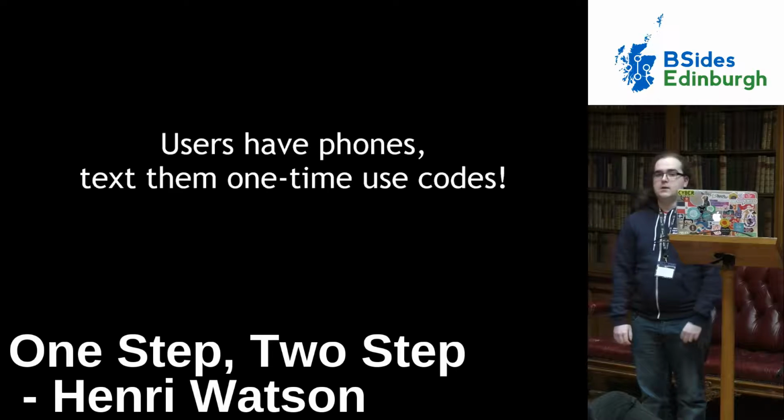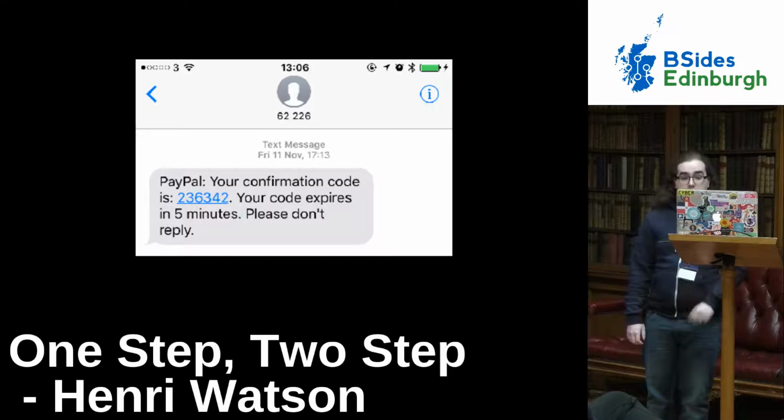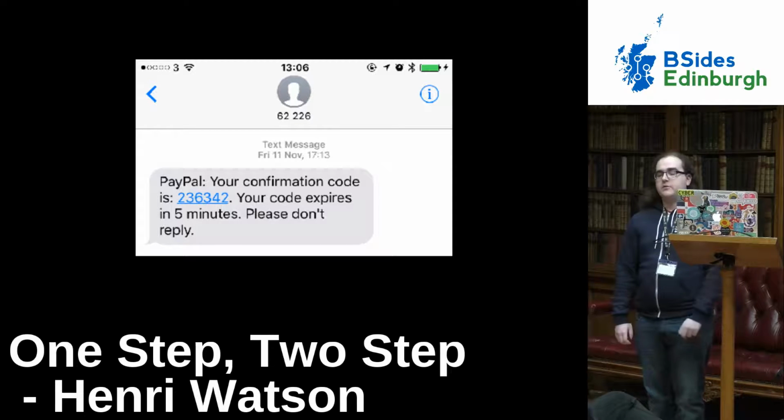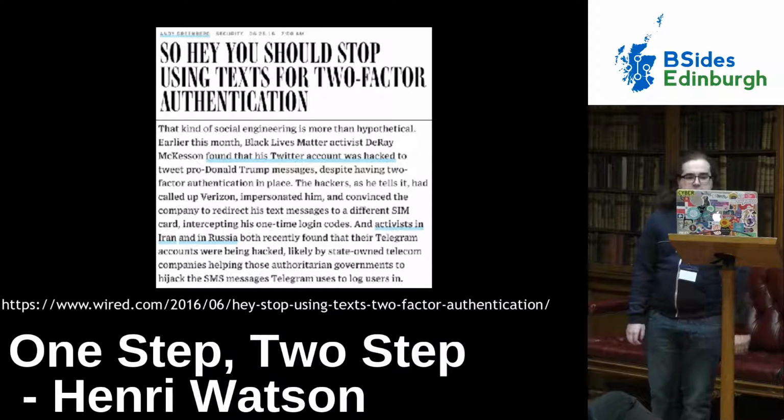Users have phones. We can text them one-time use codes. And a lot of services do this. So here's an example from PayPal sending me a confirmation code because I haven't signed into my PayPal account on that computer before. And the problem with this is